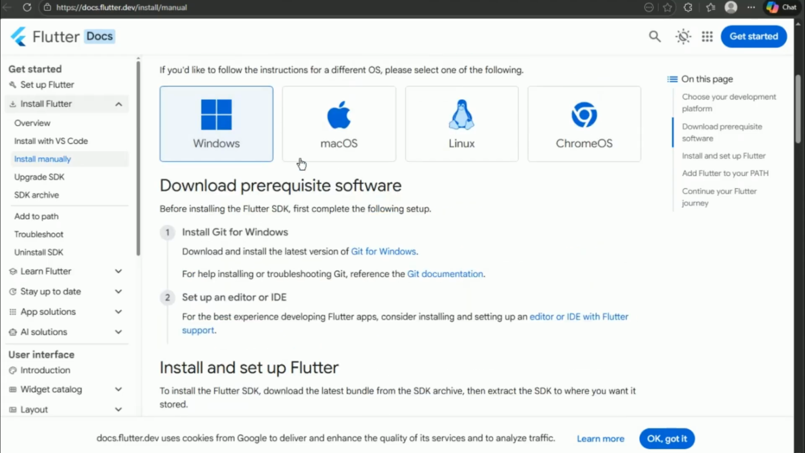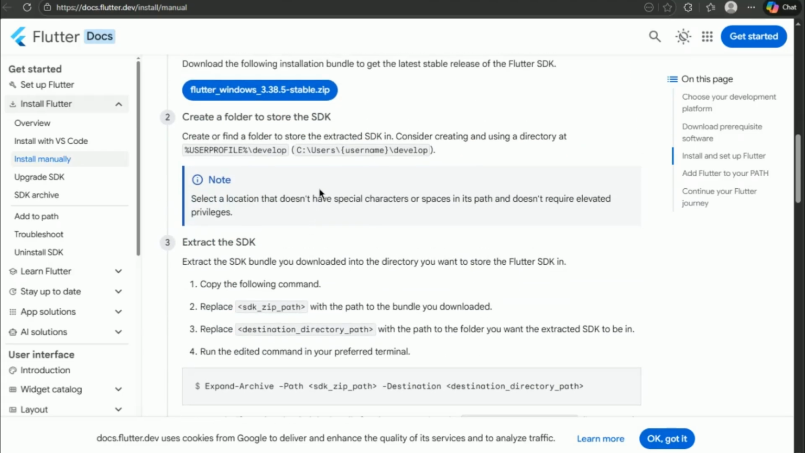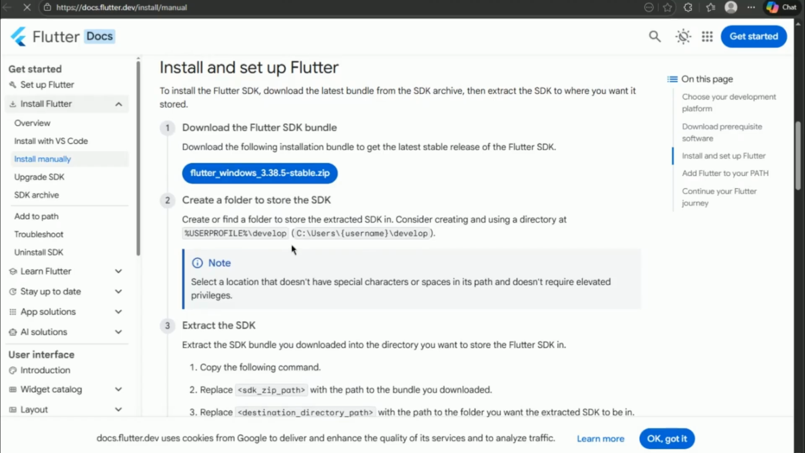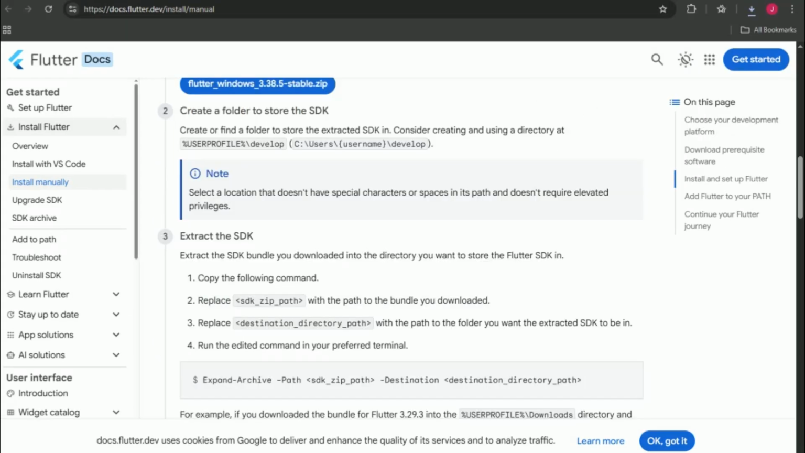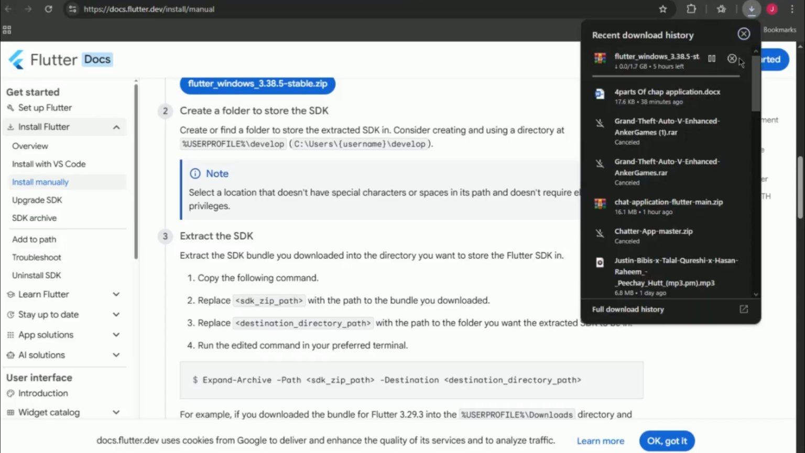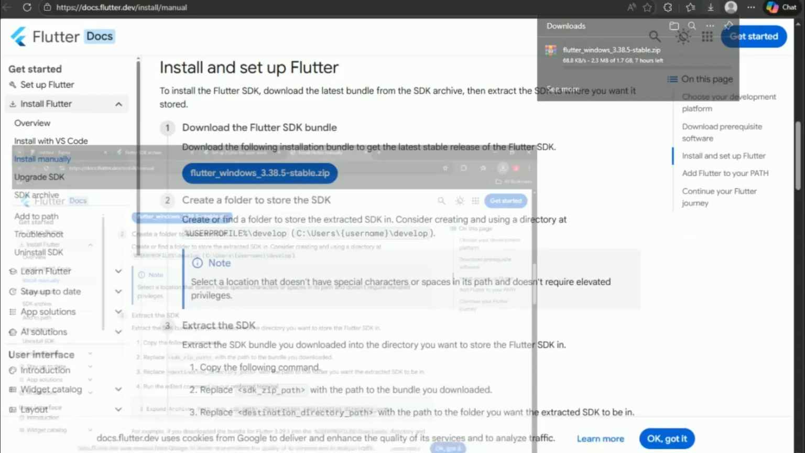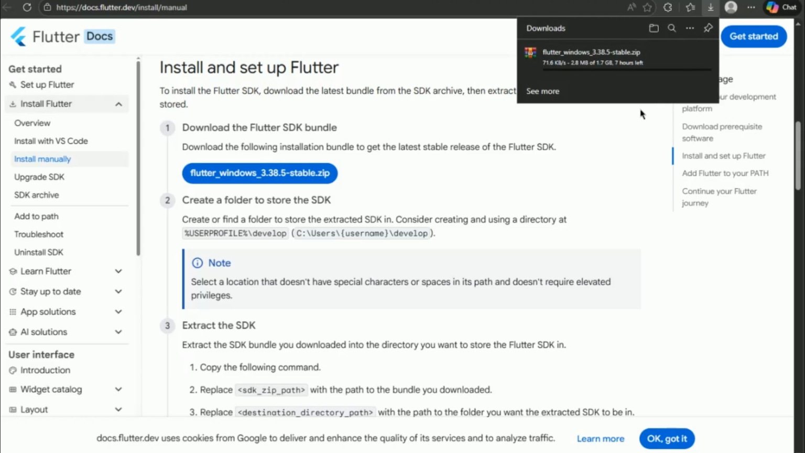We go with Windows. Okay, and there will be a folder like this, so you can just click on this folder, and then your Flutter will start to download from here. It takes a lot of your storage, like 2 GB. So please, before starting Flutter you must have